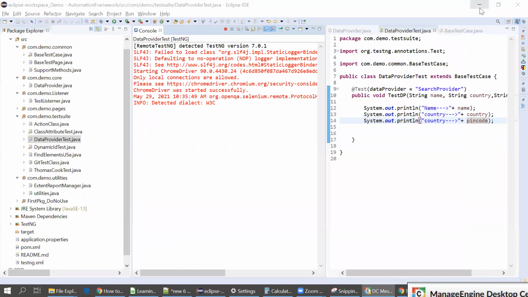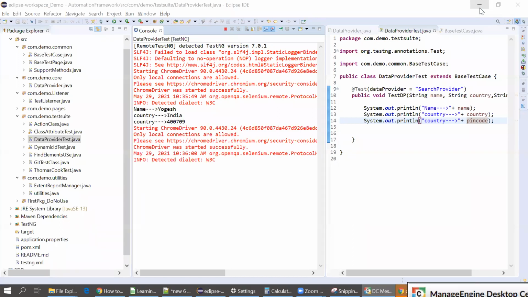It's executing. You can see here, I just gave the wrong label, so it's printing the pin code as well here. You can see.